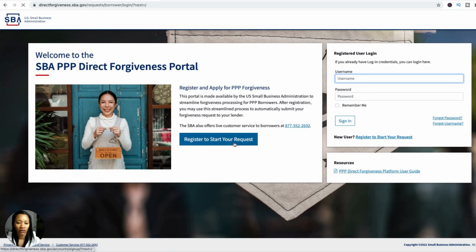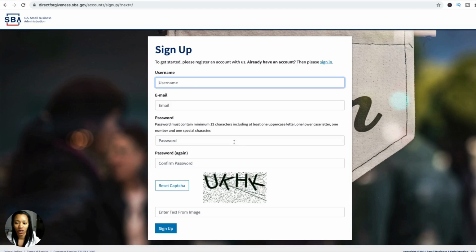So if you see my screen, I am already on the SBA website. You want to go to sba.gov/disaster. And then you also want to go to where it says PPP. You can find that under where it says different types of disaster funding. So click on that and go to PPP, or you could also type in Google PPP loan portal forgiveness, and it will also come up. Okay. So once you're in the loan portal,